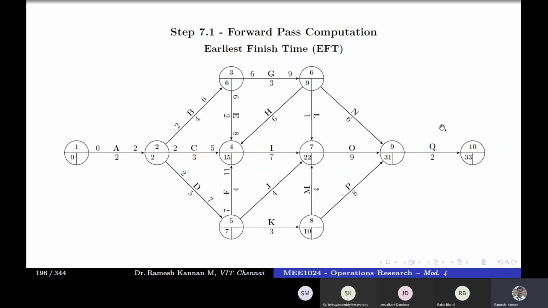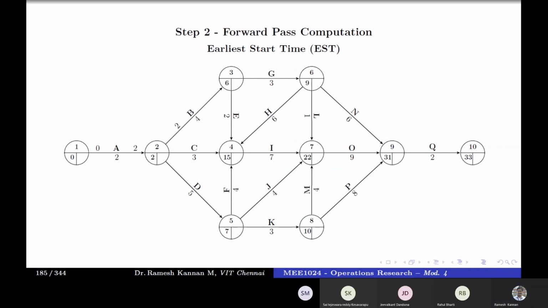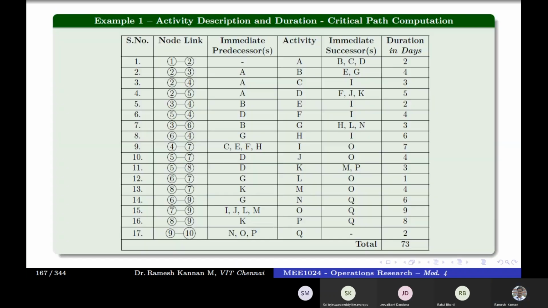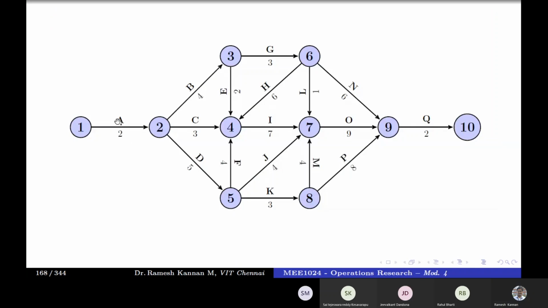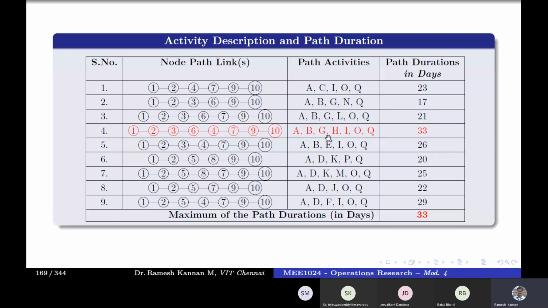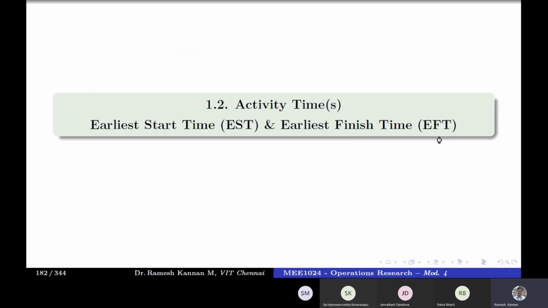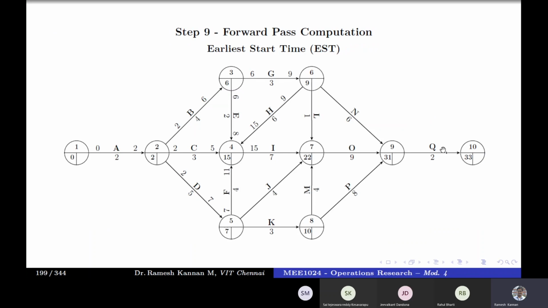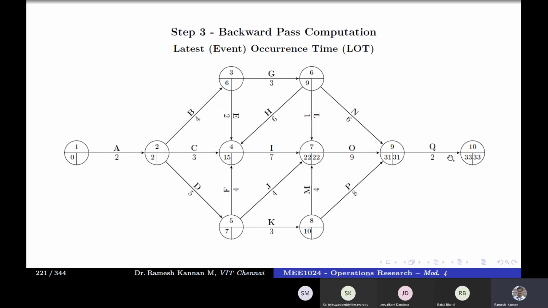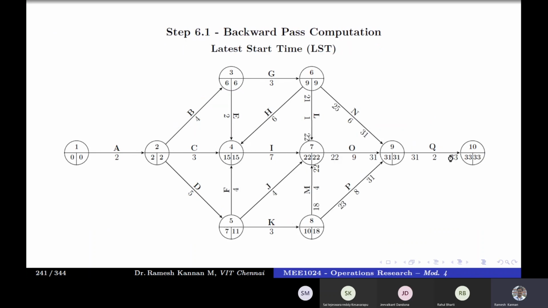So if you take a look at the sanity check, A, B, G, H, I, O, Q. When you add the activities, you'll get A, B, G, H, I, O, Q, so that will be 33. Which means that we have found out the critical path using the critical path method. Okay. So once you find out the EST, LST and all,